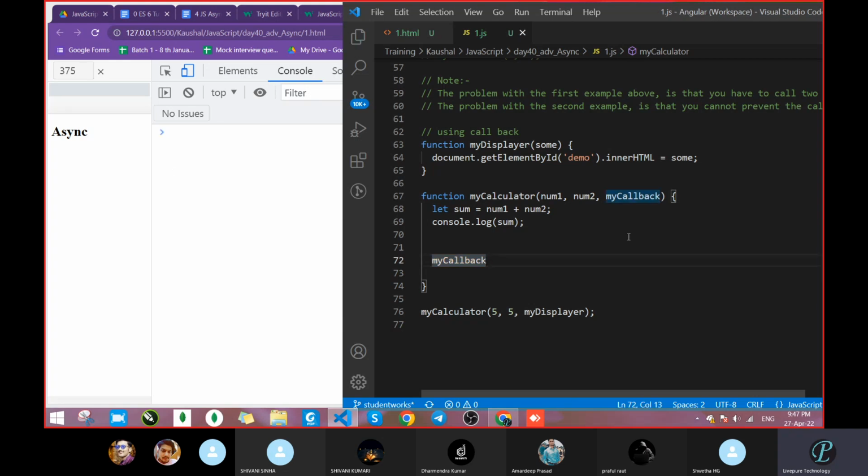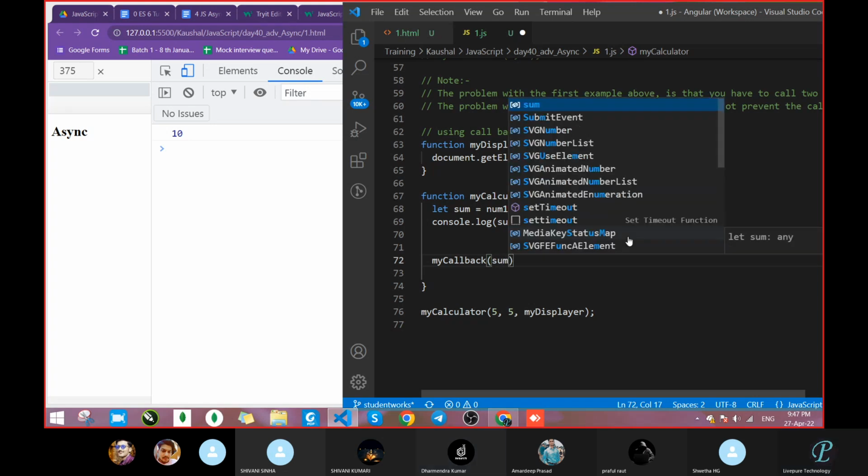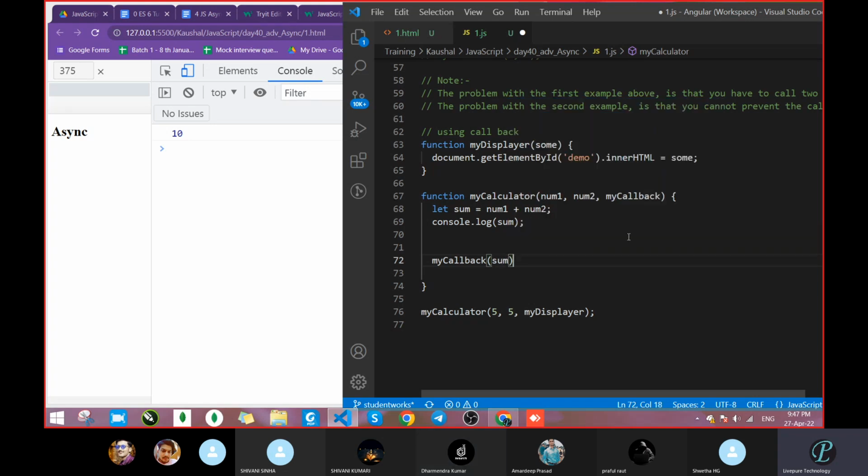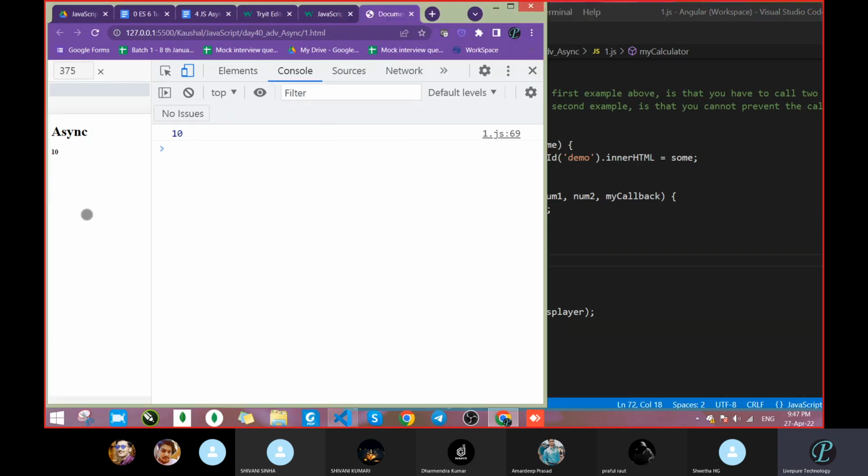Let's save and check whether we get an error. We did not get an error, but we got no output, because output has to display on the UI. So how will we pass it? Like a normal function call itself. We pass the parentheses and pass our output, whatever value you want to pass. Let's save. So we got 10 in the UI, below the async method.